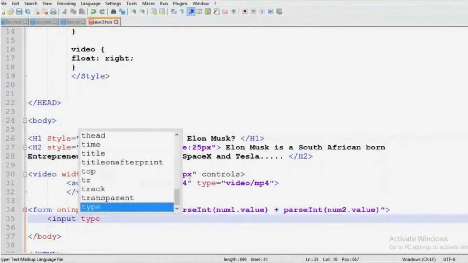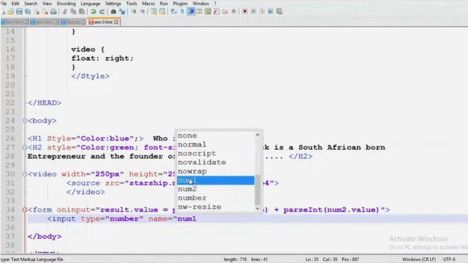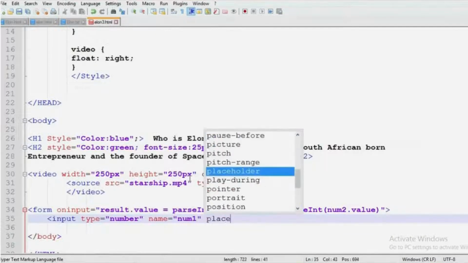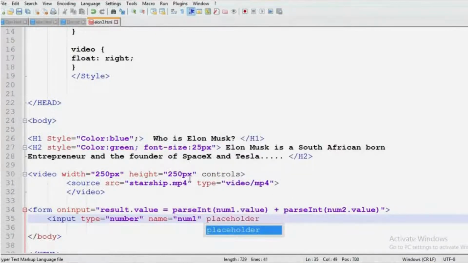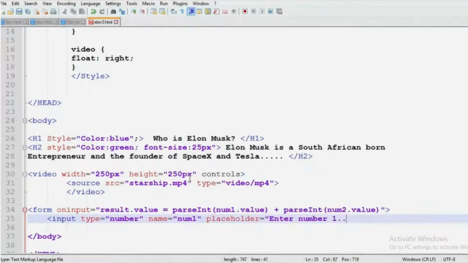Input type is number and then name equals num1, the variable that you have already given. Placeholder is equal to "Enter number 1". Just write down anything here. Then close it and then